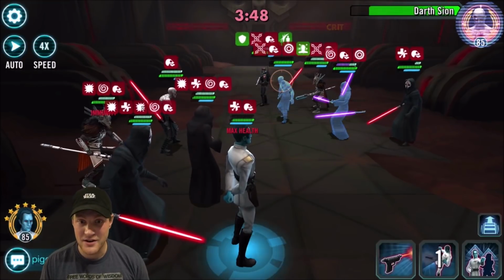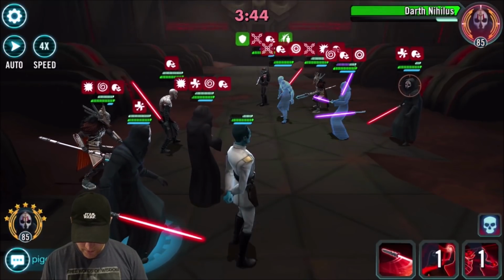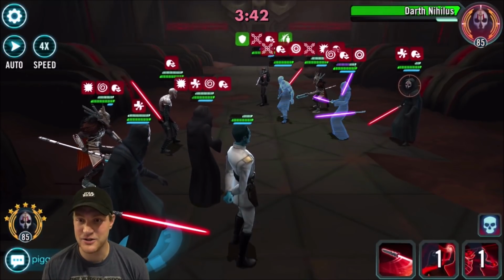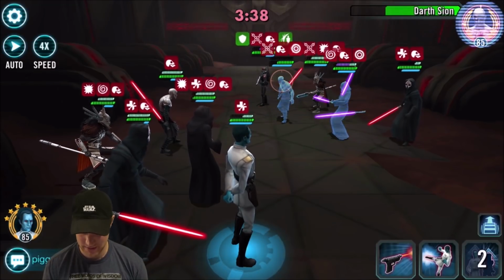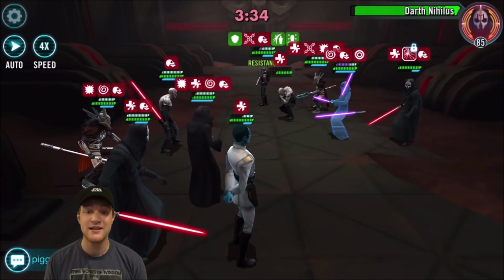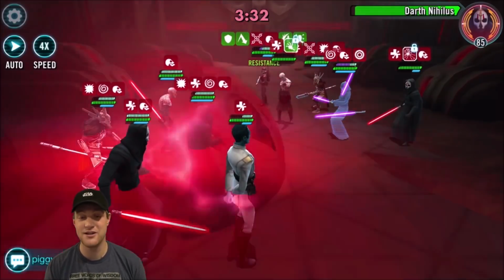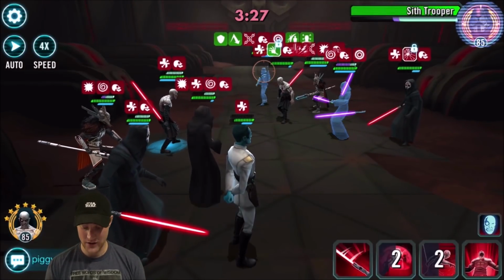I couldn't get another... Oh, but this is nice, because here's what we're going to do. Oh, shoot, I forgot. He increased it. Mistake by me. I thought I'd get to the Annihilate right away. But we can fracture their Nihilus, which is nice. Their Sion uses Held by Hatred. Maybe I should have fractured him, but... Again, I don't want to